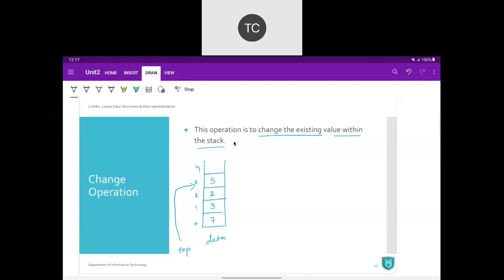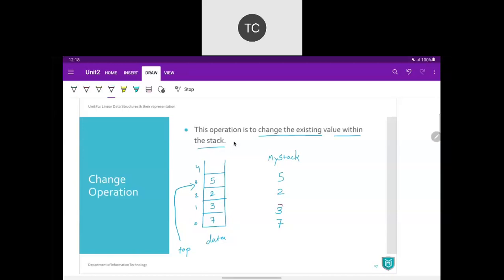अब यूजर अगर कोई वैल्यू चेंज करना चाहता है तो वो इस स्टैक को प्रिंट करेगा। यूजर को कैसे पता चलेगा अंदर क्या है, तो यूजर इज गोइंग टू प्रिंट इट। सो यू विल हैव माय स्टैक एंड यू विल हैव वैल्यूज लाइक 5, 2, 3 एंड 7। अब अगर यूजर को वैल्यू 3 अपडेट करनी है, इफ यूजर वांट्स टू अपडेट वैल्यू 3, तो यूजर क्या करेगा।